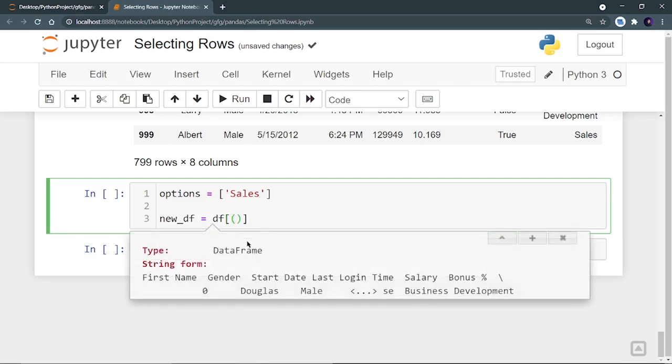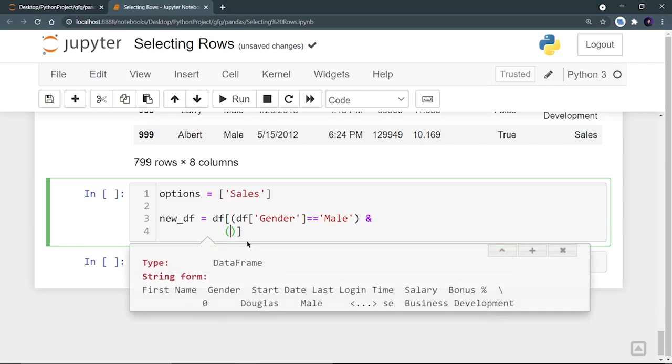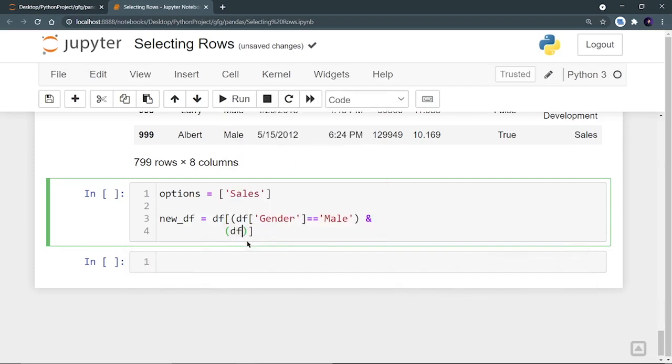So I will write df at, now here we have to write two conditions, so we will use rounded brackets. So my first condition is that df at gender is equal to male. I will use the AND operator, and my second condition is, again in rounded brackets, df at team dot isin options, right?